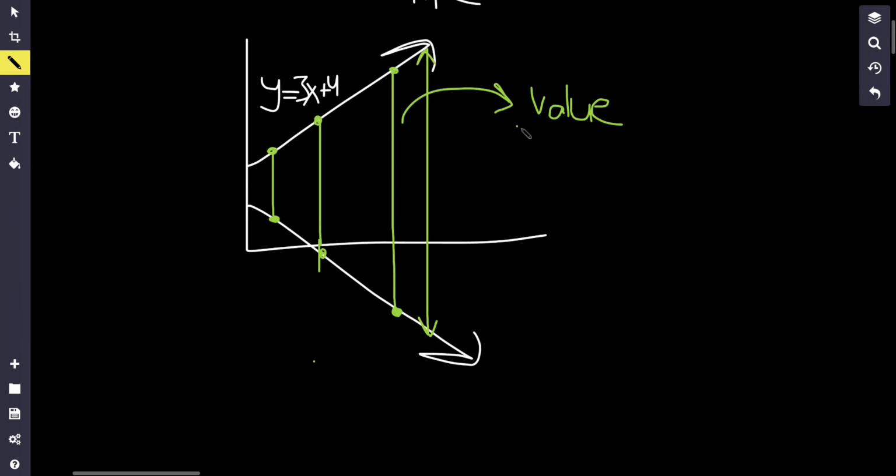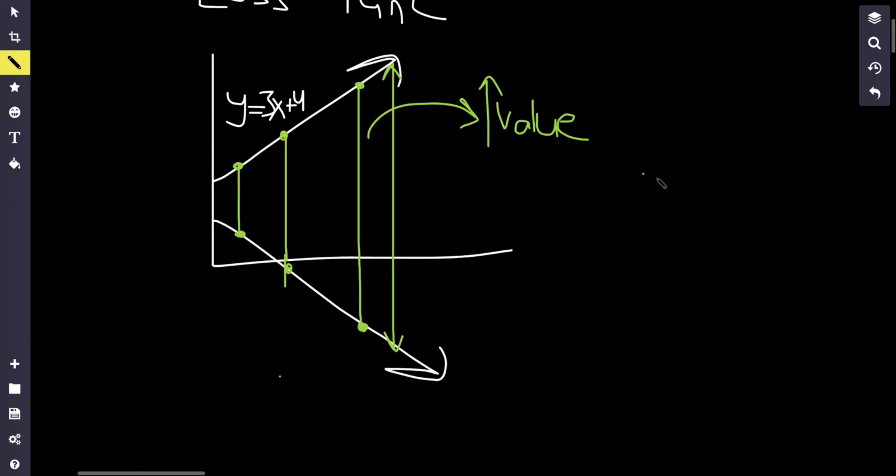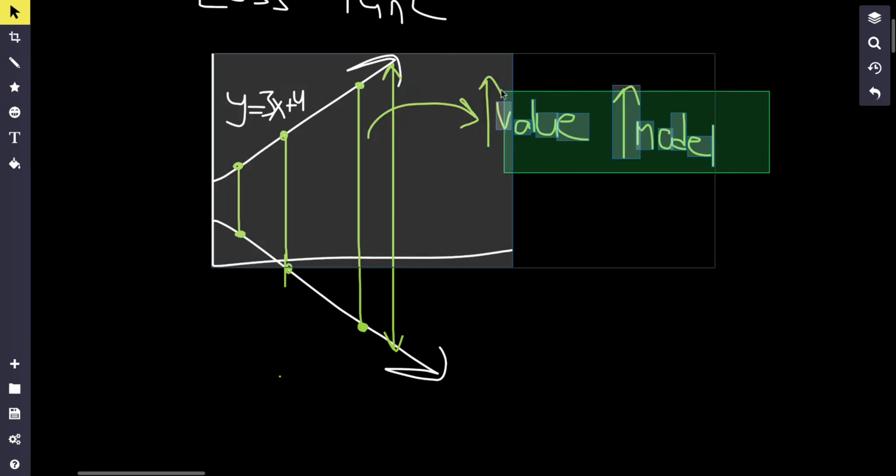If the distance right over here is greater, then of course my value is going to increase, and therefore my model is going to be trash, right? The model is going to be very bad at predicting. Meanwhile,